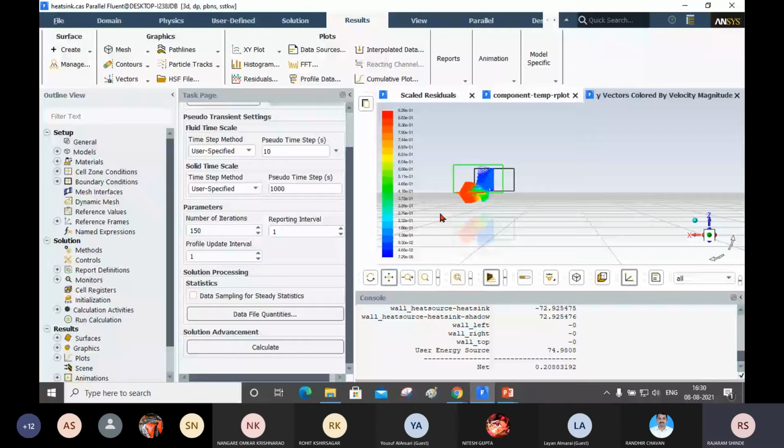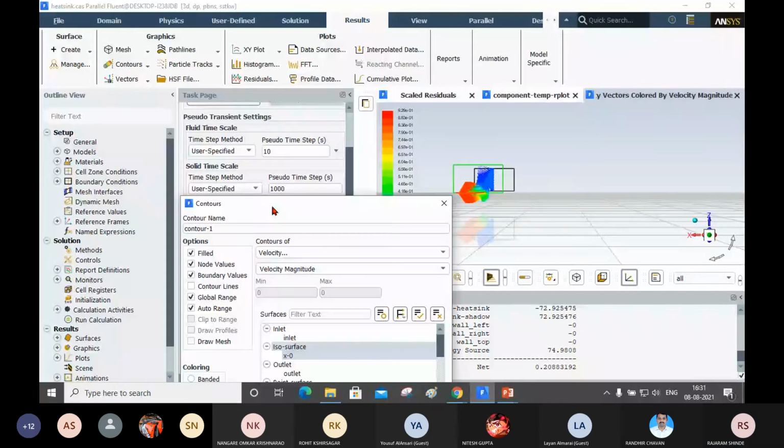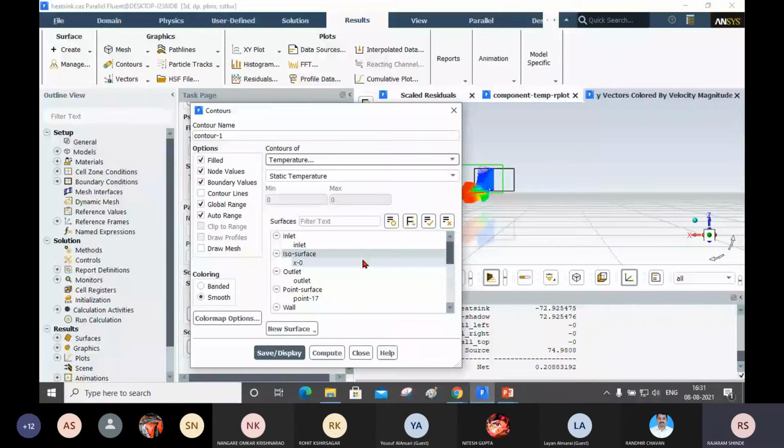Next, I will go to the contour plot, click on the new button. I will change it to the temperature, static temperature, and select. Okay, anywhere you can select.